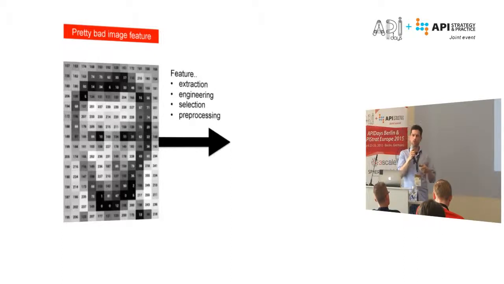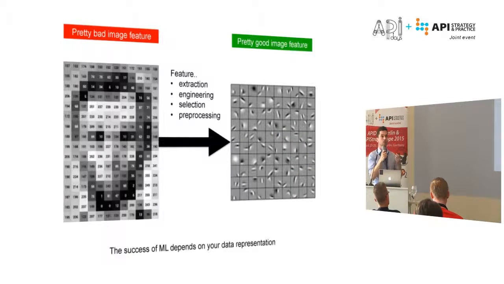Do you have any idea how a good feature might look like for images? A good image representation? Actually, it's pretty hard to come up with that. So what you would do, you would apply some feature extraction, engineering, selection, and preprocessing, and this is a very long process. It's a very difficult process too. And it's not really a scientific process, right? It's not that you can solve that for it. It depends a lot on having a good idea about this.